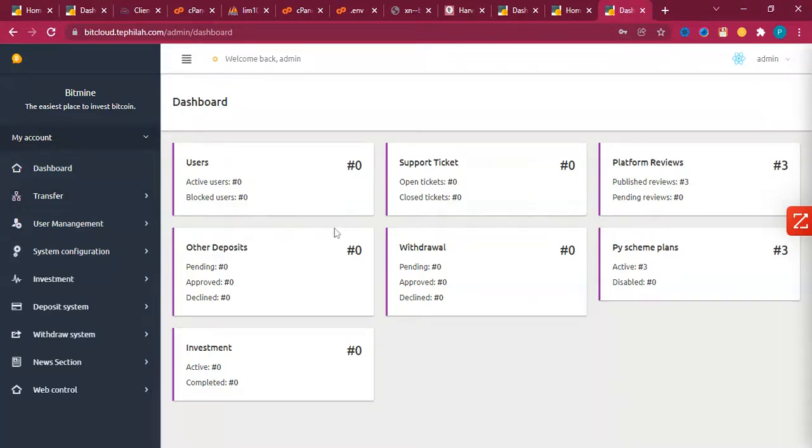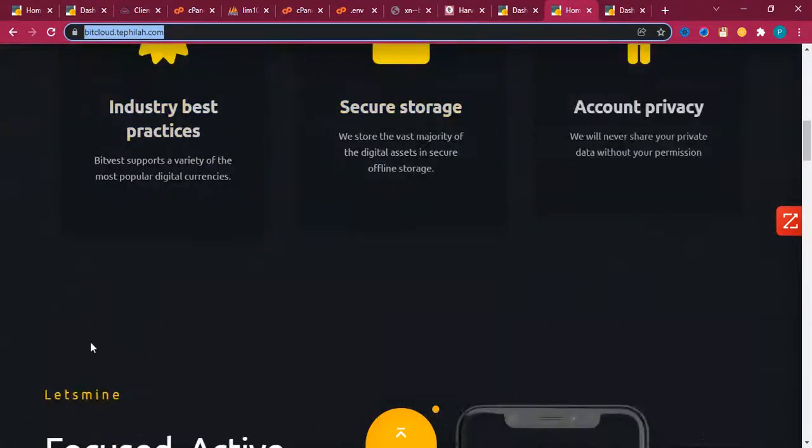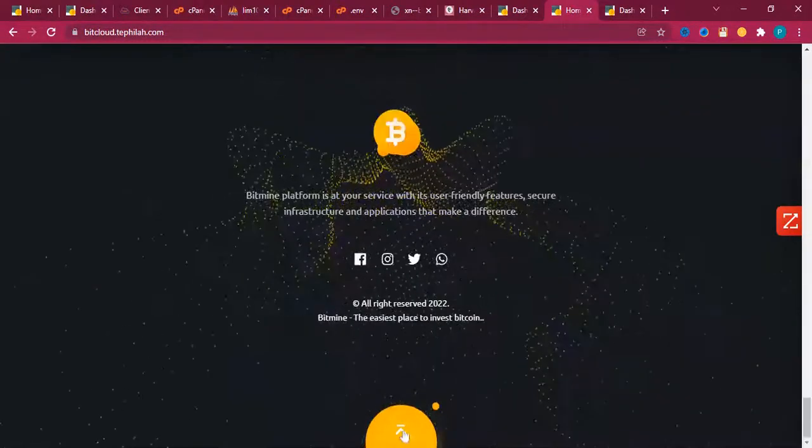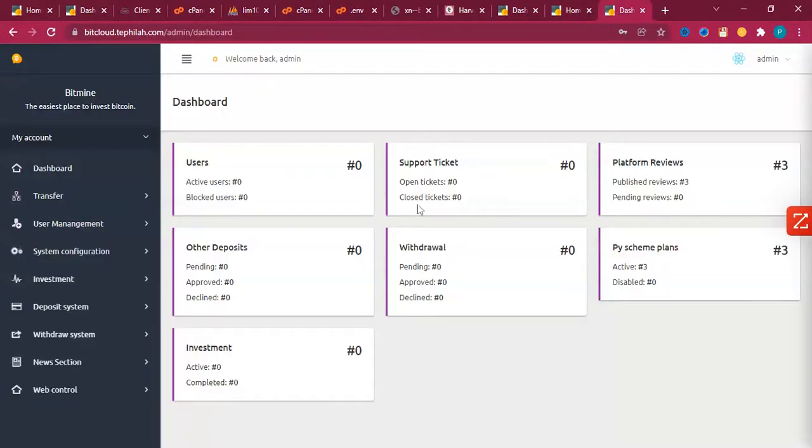At the end of this video, I'm going to be crashing this demo, because I only made this demo to show you how easy and how simple it is for you to start your own online crypto cloud mining platform. So this is the back end, and the back end is where you actually control the front end. This part you can see is the front end, and all of those effects you can see at the front end actually take effect from the back end.